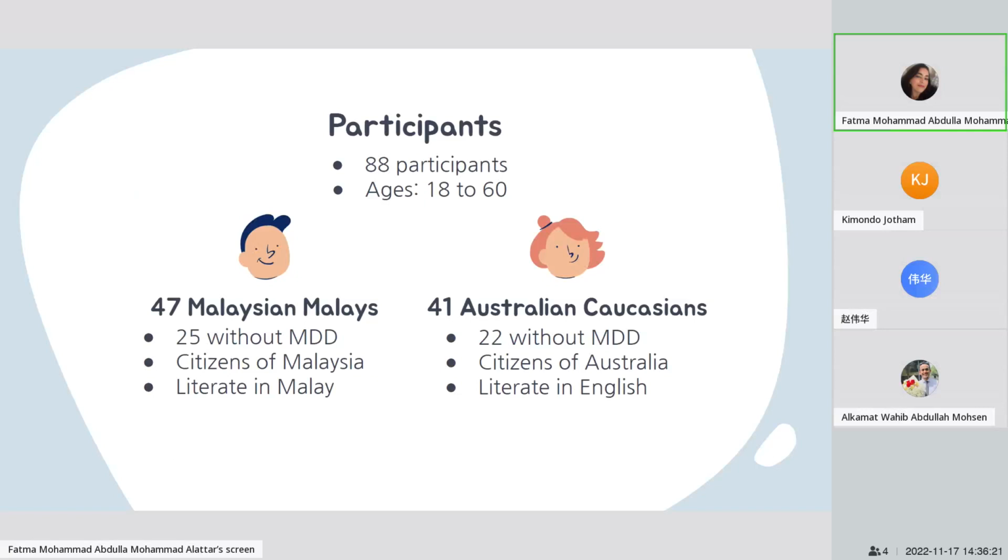Participants who had a history of substance dependency, history of psychosis, organic brain injury, permanent physical injury affecting their response to tasks, and non-corrected vision were excluded from the experiment. In addition to this, those unable to understand spoken or written Malay or English and those with mixed parentage, so parents from different countries, were also excluded.